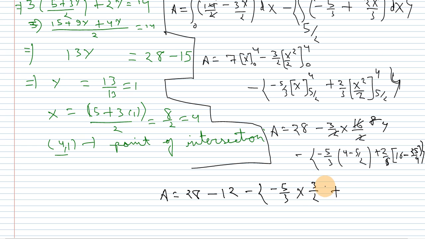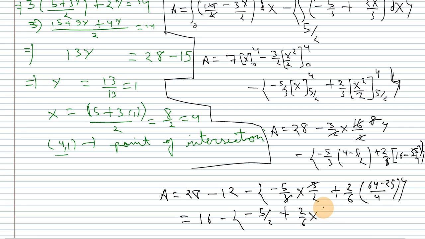Okay, 3 by 2, and now this is 2 by 6, and if we take the LCM 4, then it will become 64 minus 25. So from here 28 minus 12 will be 16, and this 3 will get cancelled, and we will be left with the 5 by 2, and if we subtract 64 minus 25, then it will be 39. So 2 by 6 into 39